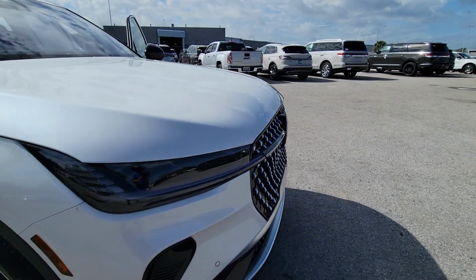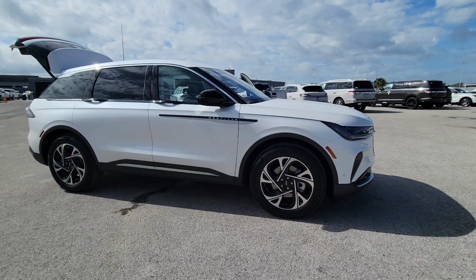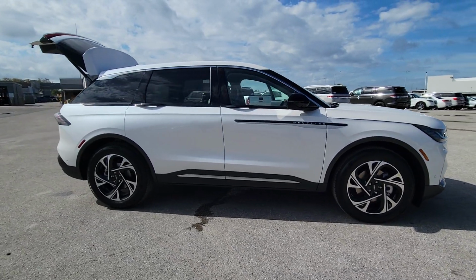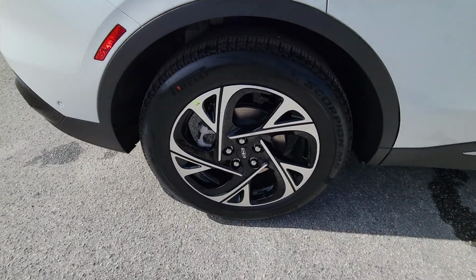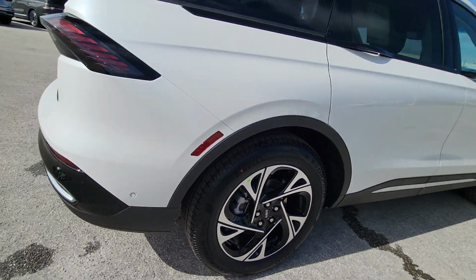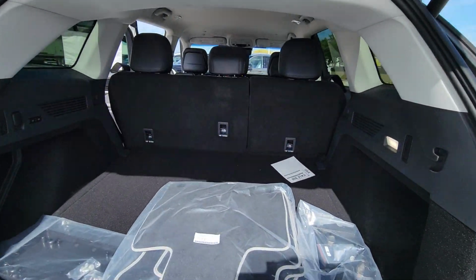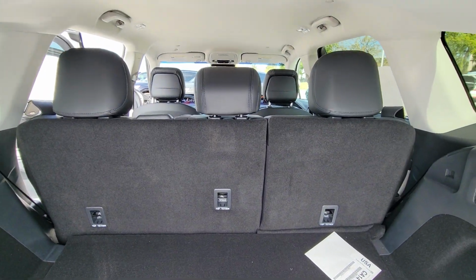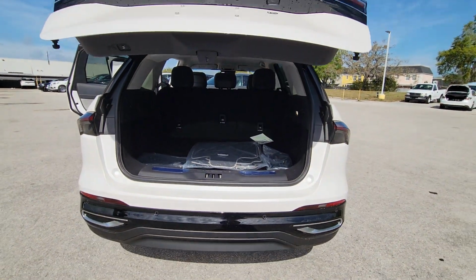You'll have love at first sight with the 2024 Lincoln Nautilus. Transcend the ordinary. Get behind the wheel of this distinctive Nautilus and experience the comfort of a luxury sedan coupled with the versatility of an SUV, all wrapped up in high-end style. Well equipped with the latest tech to keep you safe, connected, relaxed, and focused, this midsize crossover redefines the daily